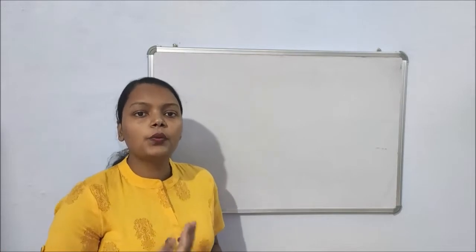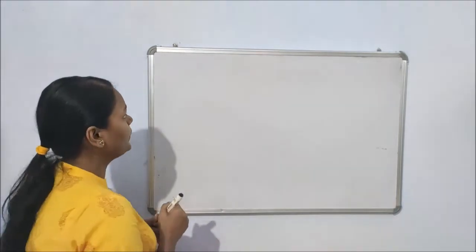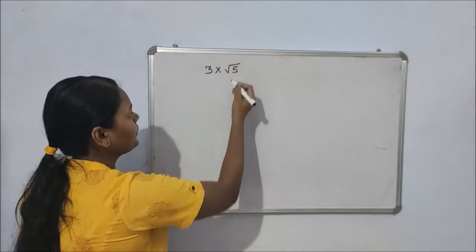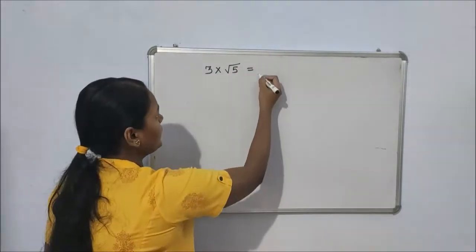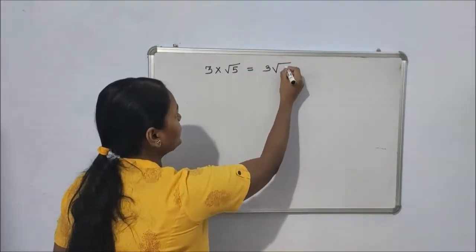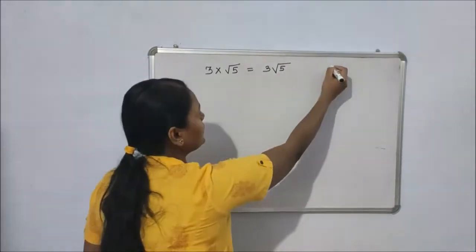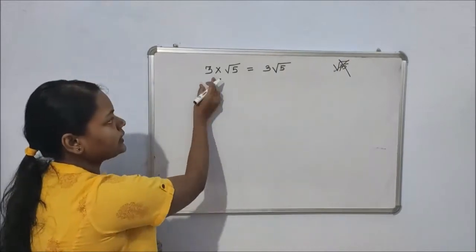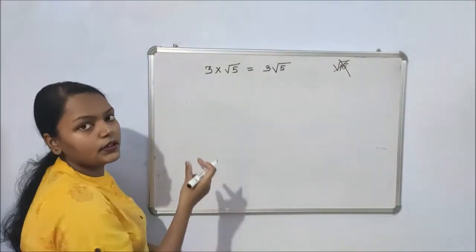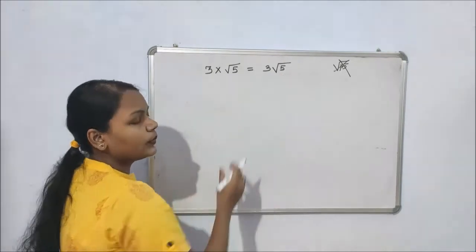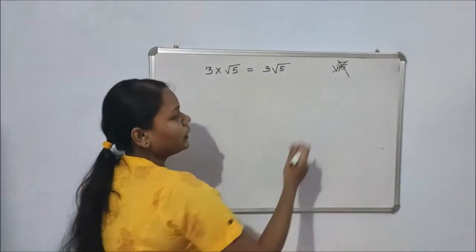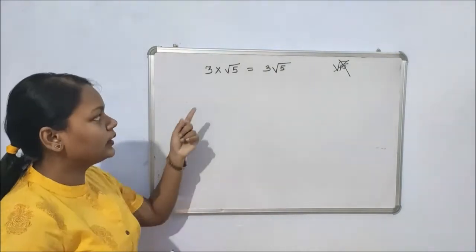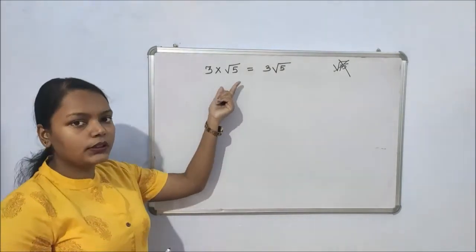Now let us have a look at how these surds operate with respect to addition, subtraction, multiplication and division with other surds. So first let us see how it is multiplied with a rational number. Suppose 3 is multiplied with root 5. This will give me nothing but 3 into root 5, not root 15. This 3 is a rational number and root 5 is irrational. When they multiply, they will multiply in this form. 3 will not go inside unless 3 also is in the root form. So this is the multiplication of any rational number with an irrational number.